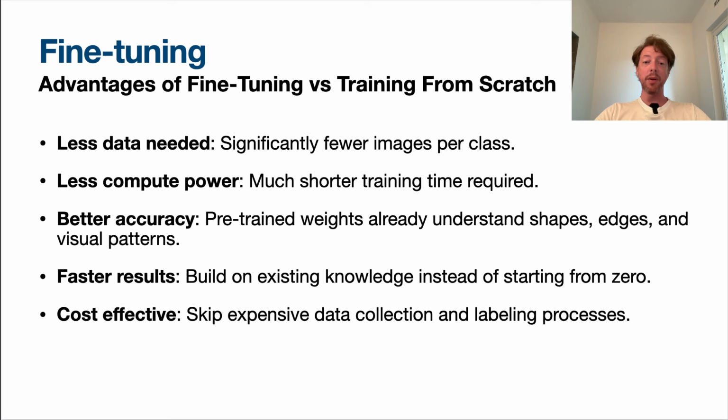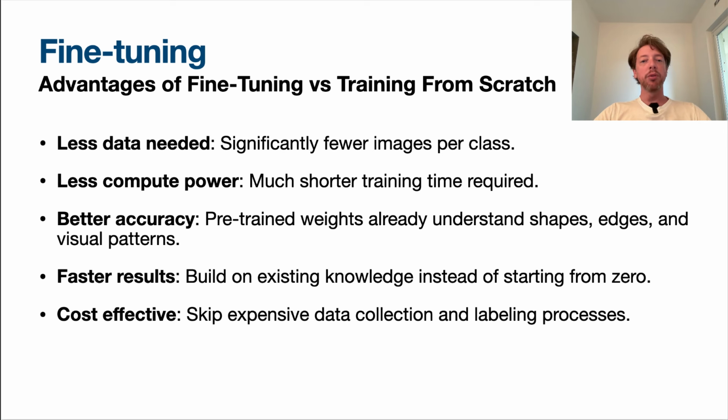It takes thousands of images per class that are perfectly labeled, and then we need serious compute power to train the model. And after all this work, the final accuracy most of the time is lower than the fine-tuned model. And the reason is because the pre-trained models have already learned